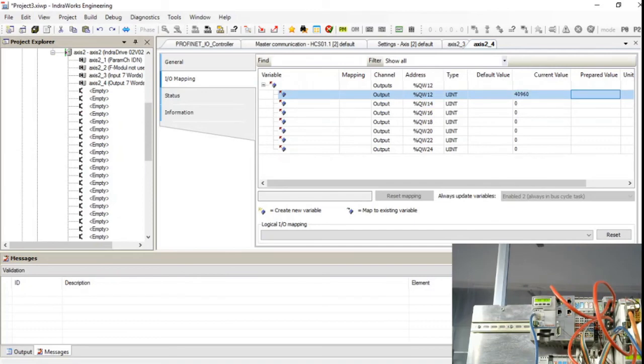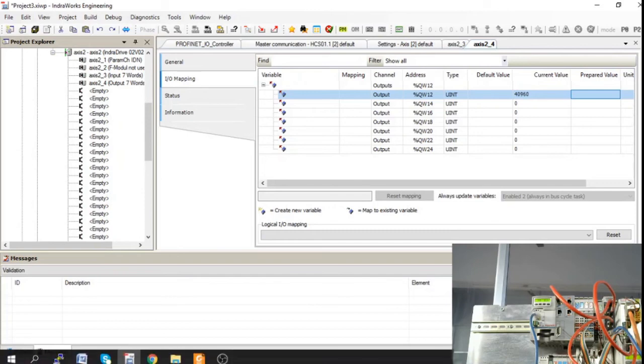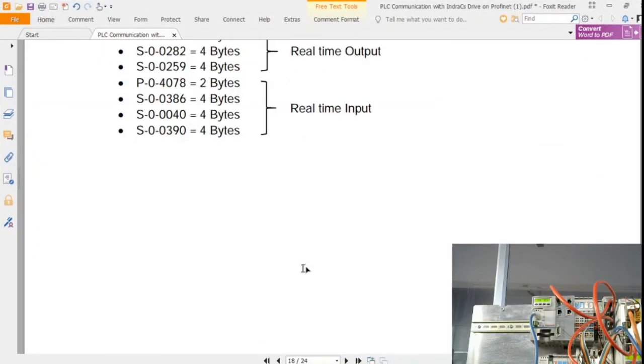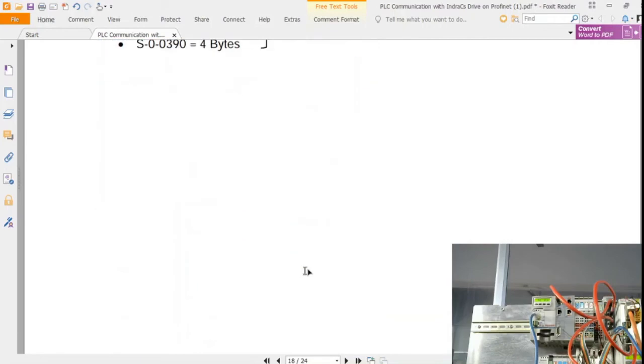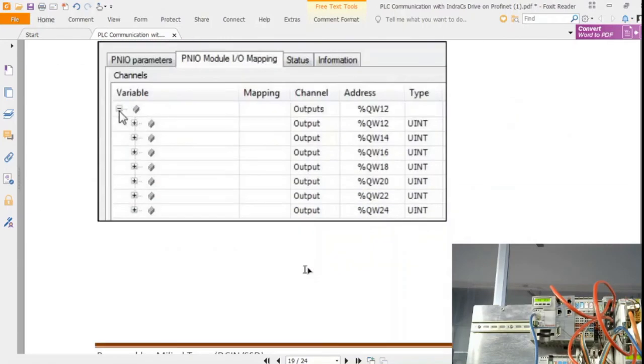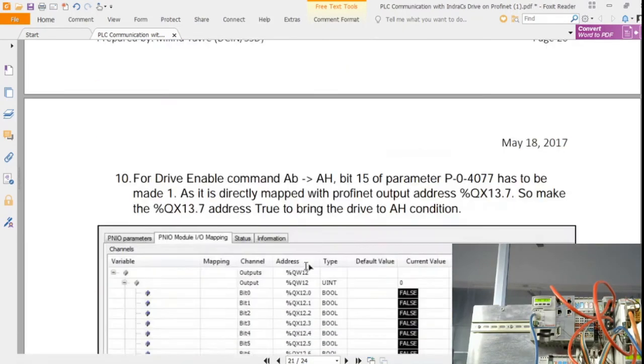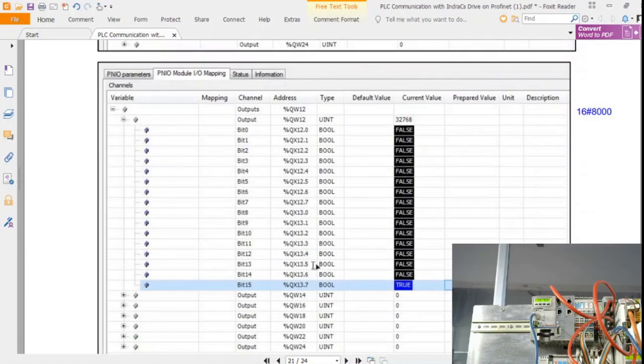Then we need to drive it in a positive or negative direction. For making the positive direction, as we already saw, we need to make 12.6 on. To make it in a reverse direction, we have to make 12.7 on, right?